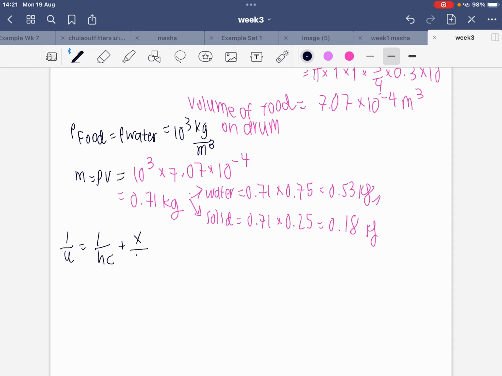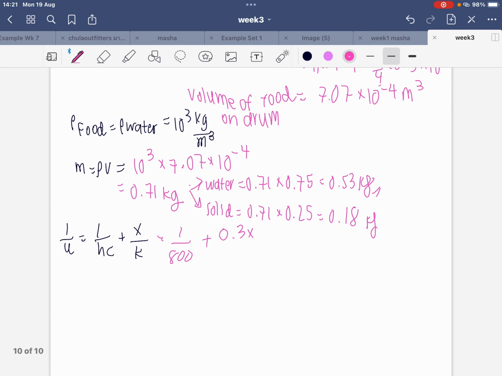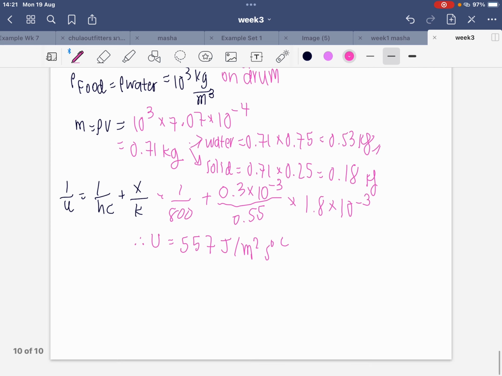And after that, we do one over. Then substituting, it's equal to 100 times 10 to the minus 3 over 0.55, which is 1.8 minus 3. Therefore, choose, and then